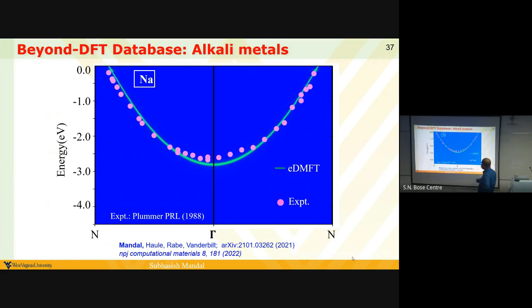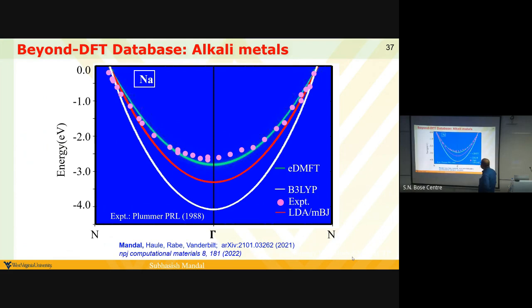The experiment was done a really long time ago, shown as those dots, and it matches quite well. Then when we do just LDA or meta-GGA, it overestimates the bandwidth, as you can see from the experiment. And then if you do the hybrid, which is again working very well for the insulators but not for the simple metal, it should not be applied. Then we are going to see that if we apply other kinds of hybrids, it is going to give the same result. Any hybrid functional should not do.